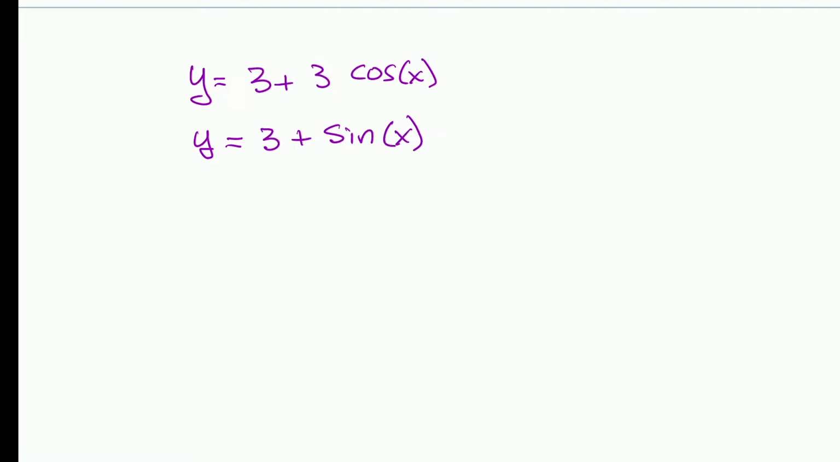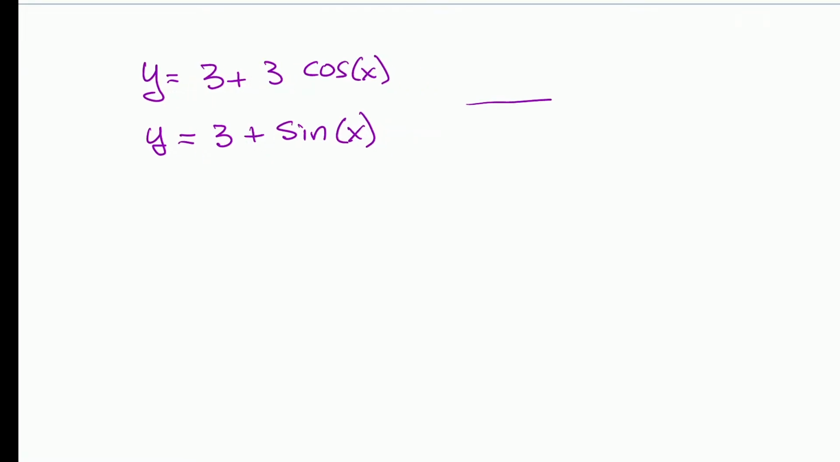So let's see if I can. Is that right? Hold on a sec. Yeah, I think that's right. Let's see if this works out. So first of all, I'll graph this thing. And here's what I get. Whoops, I did that wrong. Okay, so here's 3, here's 6. Okay, so 3 plus 3 cosine of x